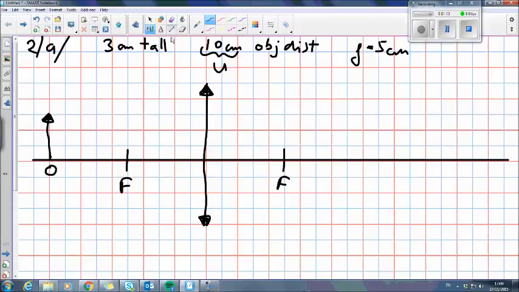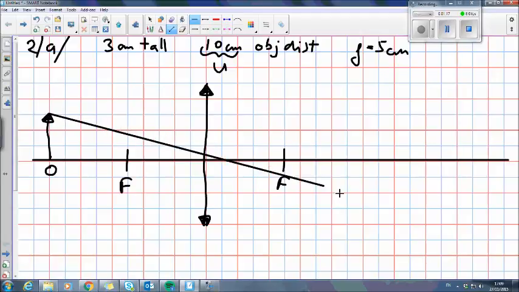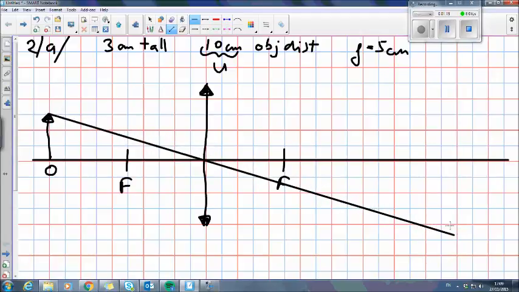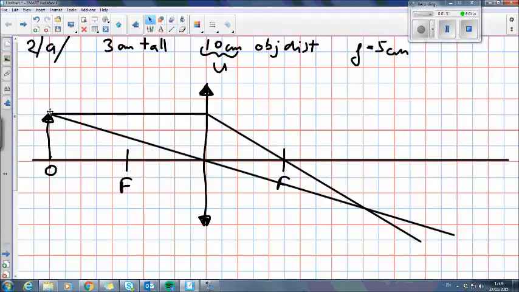Now again, we'll construct the 3 principal rays. Let's start with the central one, going through the center of the lens, unchanged. The parallel one, parallel to the optical axis until it hits the lens, then it'll change and go through the focus point. Then we've got our focus beam that goes through